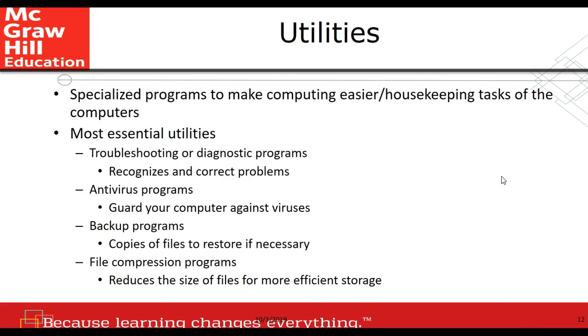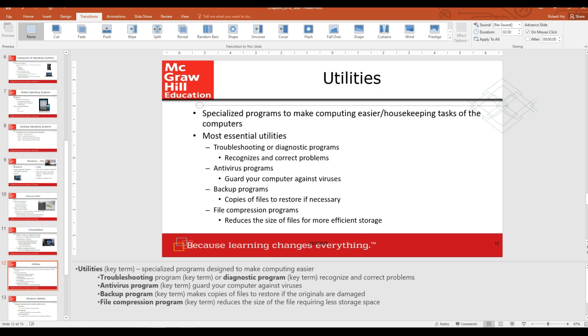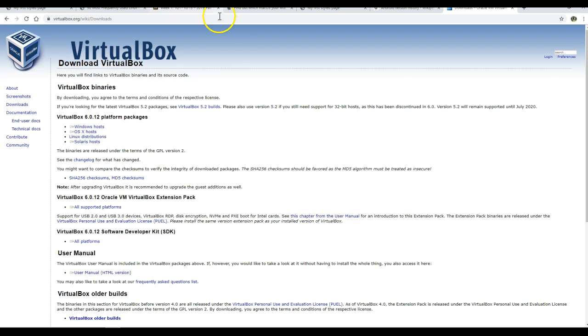Utilities. Utilities are specialized programs that make computing much easier, or I can say that utilities are programs used to do housekeeping tasks of the computer. For example, you may need an antivirus program, a backup program, or file compression utilities. Let me show you a website where you can get free programs. If you open your browser, type